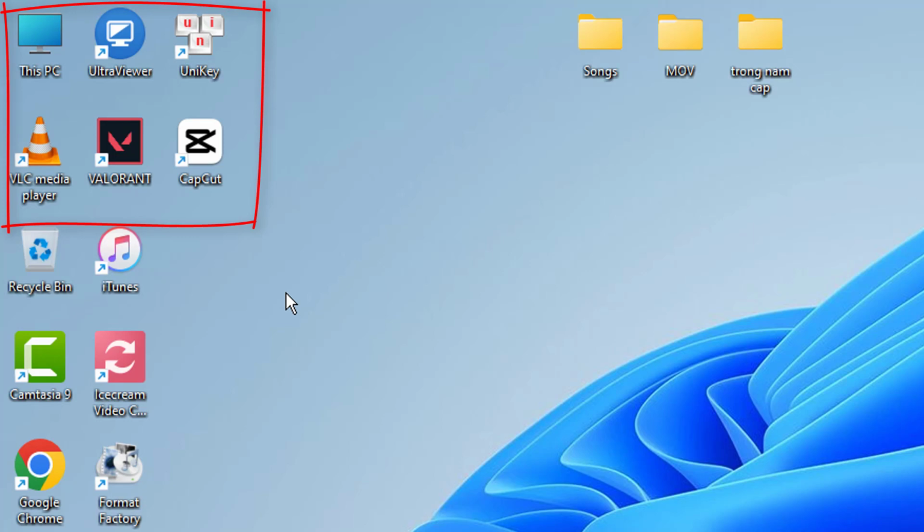But before going through the process, there are two types of icons that you can see on your desktop. One is the default icons like This PC, Recycle Bin and others. Another is the applications that you have installed on your computer. But if you're missing your default icons like This PC, Recycle Bin and others, then it is very easy